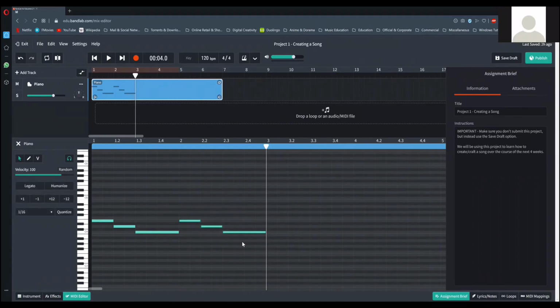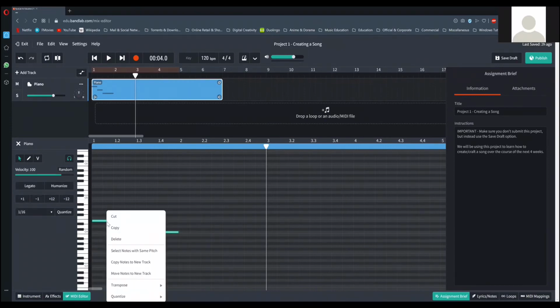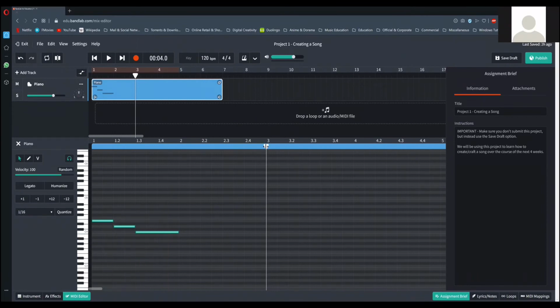So what I did was, once again, I'll show it to you. I selected all three, right click, copy. I want it on the second bar. So I take the playhead on top to number 2. And once again, to move the playhead, you got to watch the arrows turn from a pointer to 2 arrows facing outwards. Okay, so you can move it to whichever area you want. So I'm going to take it to number 2. I'm going to right click, paste, and exactly what I did in the first bar comes in the second bar. So I'm going to play now. You're going to hear it. And it is the same.